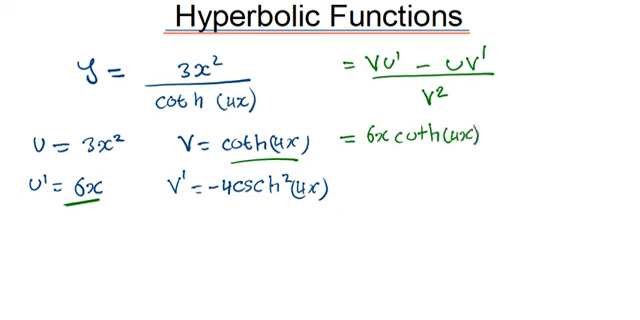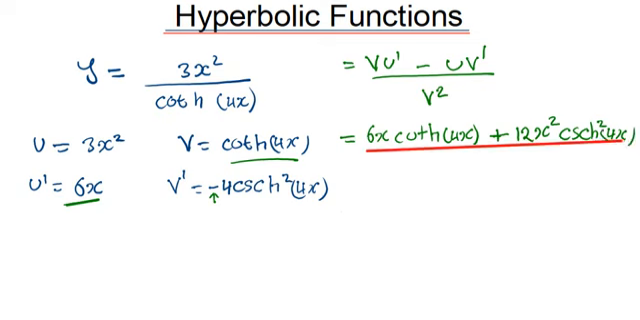Right, then we are going to say minus u multiplied by v prime. So keep in mind we have a negative there, meaning with this negative it is going to be positive. So we are saying our 3x squared multiplied by 4 hyperbolic cosecant squared of 4x. What you're going to get is 12x squared hyperbolic cosecant squared of 4x over